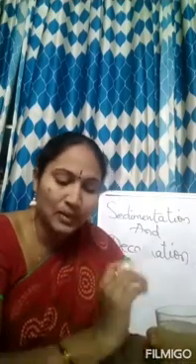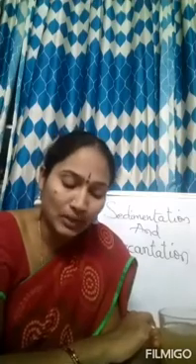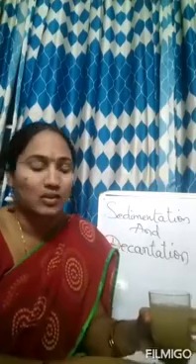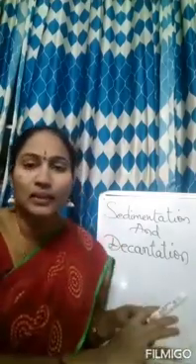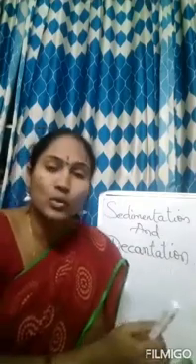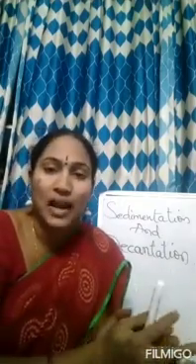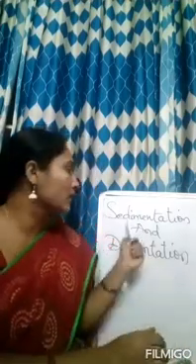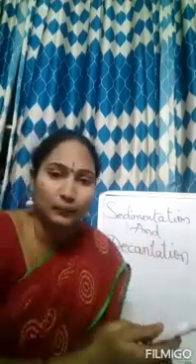After sedimentation, the tumbler is gently lifted. The tip of the tumbler is inclined on the edge of another tumbler without disturbing the sediments. The water gets separated from the sediment. This process is called decantation. So as we are learning about sedimentation and decantation, now I have shown you the example. The sand and the mud particles are settled at the bottom of the glass tumbler. This is called sedimentation.